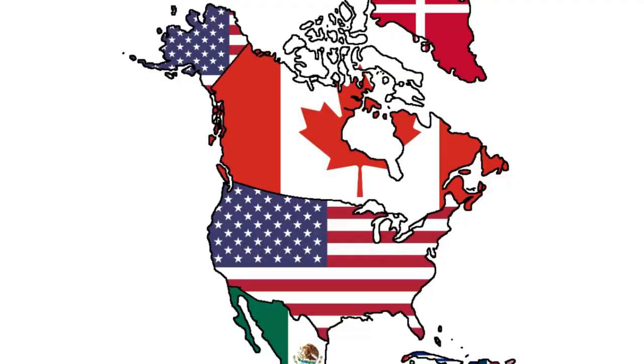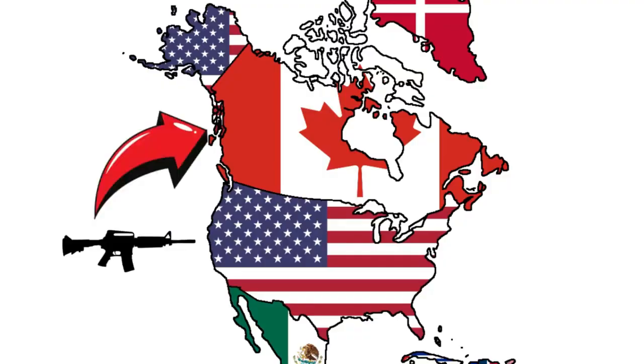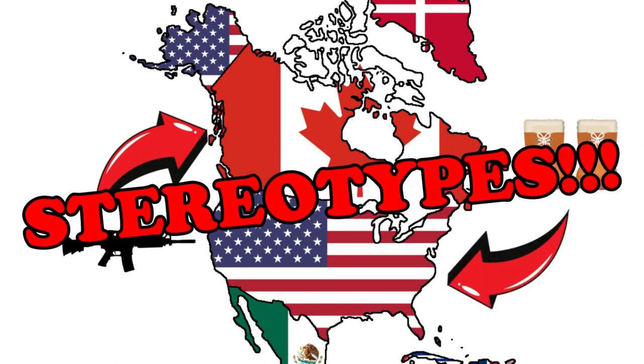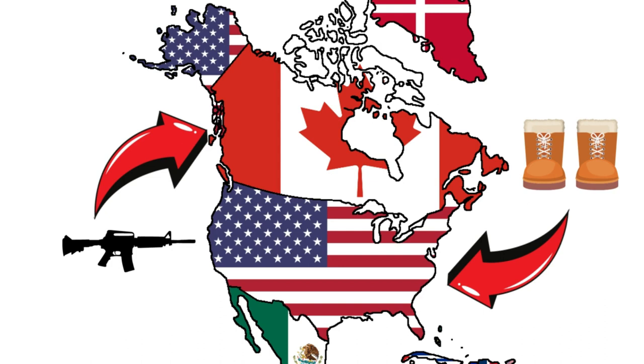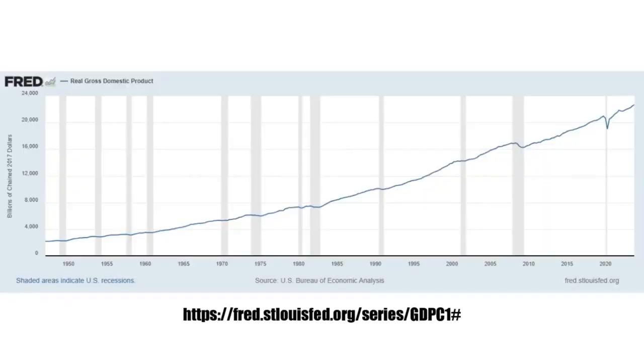So if the US sends guns to Canada and Canada sends snow boots to the US, the difference between those two would be the net imports and exports of the country. And sometimes we leave net exports off because it's so small and it doesn't really make too much of an impact in GDP. Here's the graph of the US GDP over time, and GDP is typically seen in real numbers. So this is the GDP, or nominal GDP, adjusted for inflation.